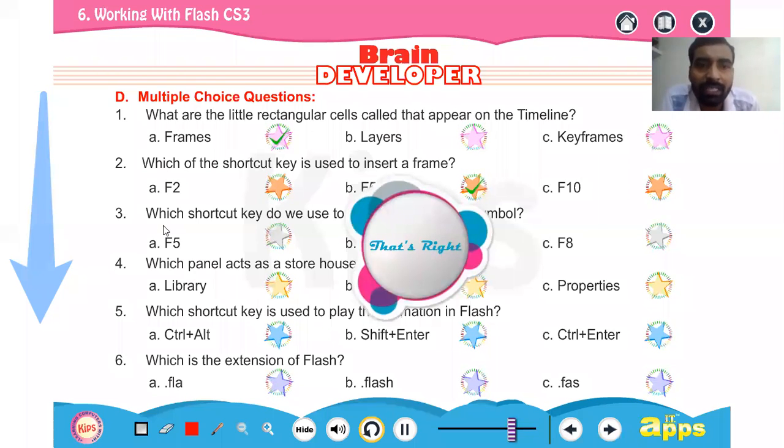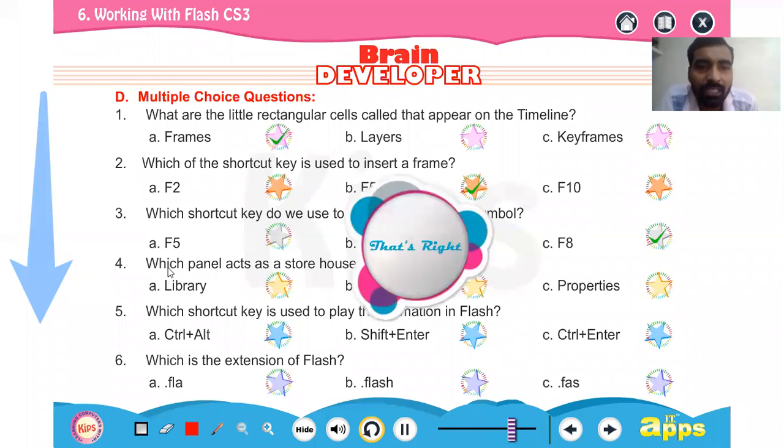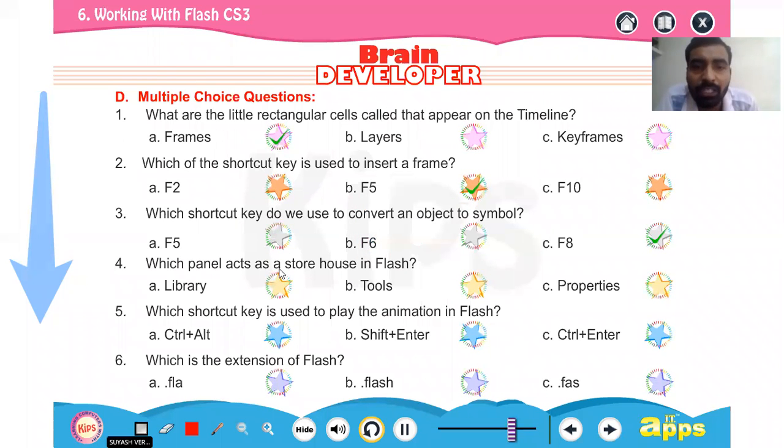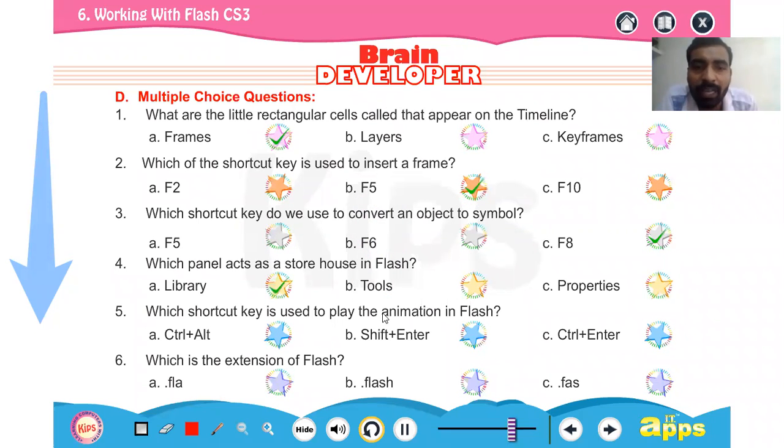Next, which shortcut key do we use to convert an object to symbol? It is F8. Next, which panel acts as a storehouse in Flash? It is Library.